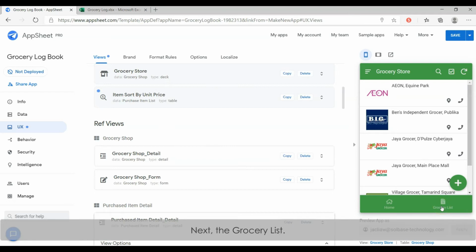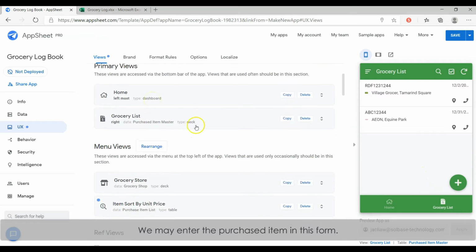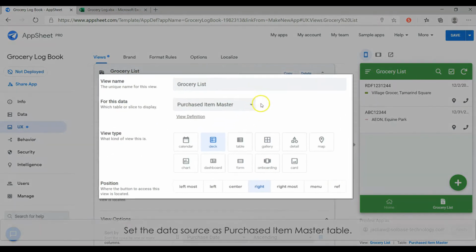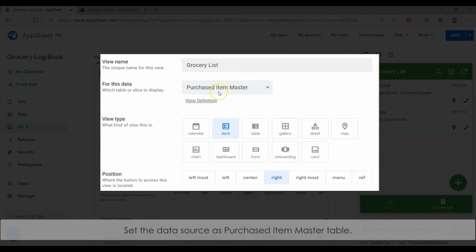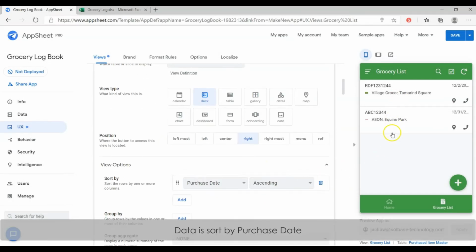Next, the grocery list. We may enter the purchased item in this form. Set the data source as purchased item master table, with deck view type. And the position set it right. Data is sorted by purchase date,